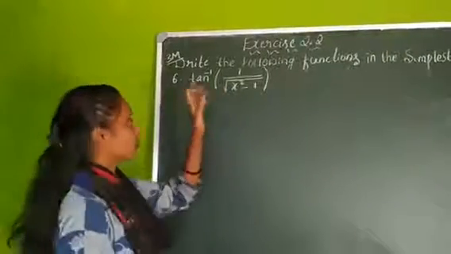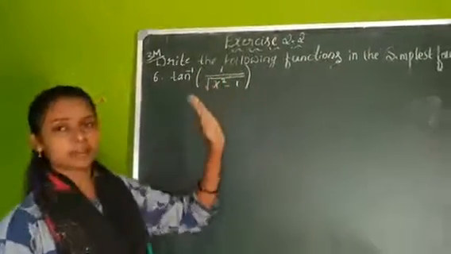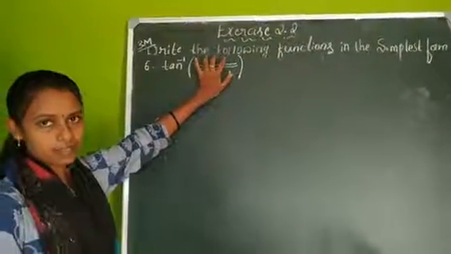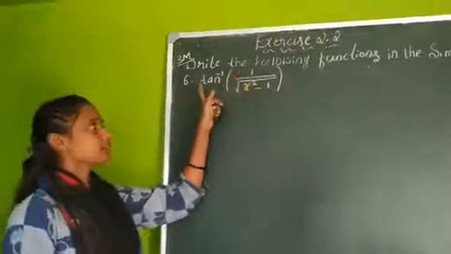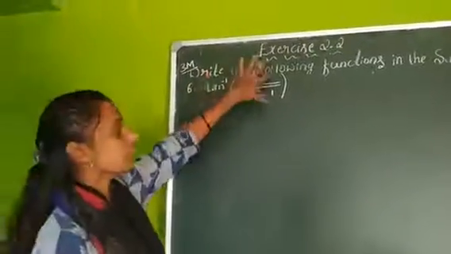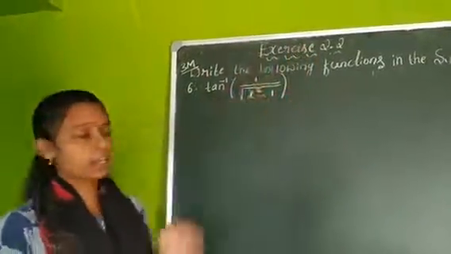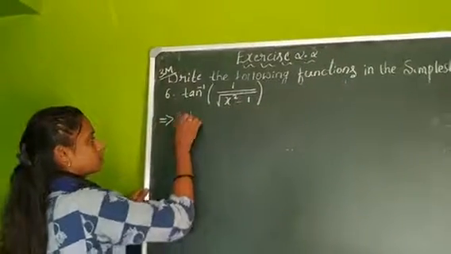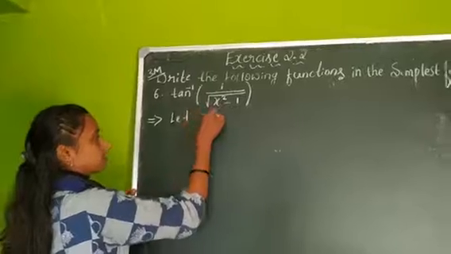Substitution is nothing but you need to take x as some trigonometric function. Somehow you need to get the tan itself. In that case you can cancel out the tan inverse and the tan, and the remaining will be the simplest form. Okay, so now I'll go with the substitution, that is x is equal to cosecant theta.